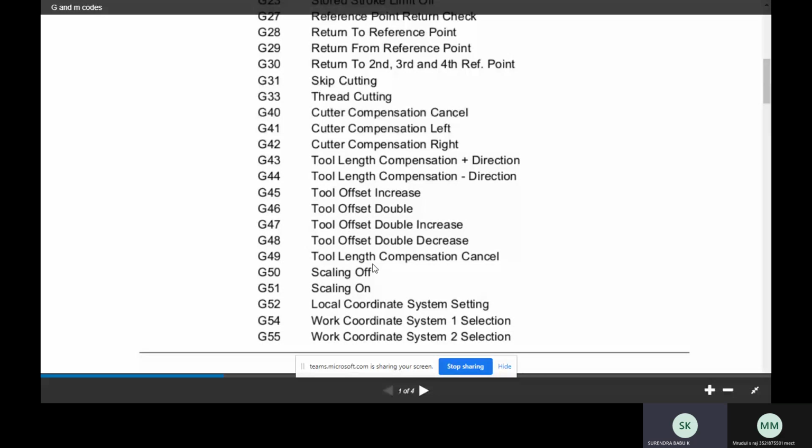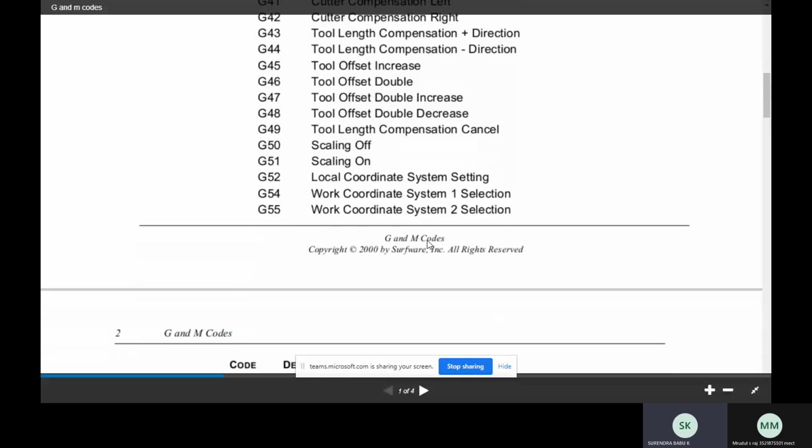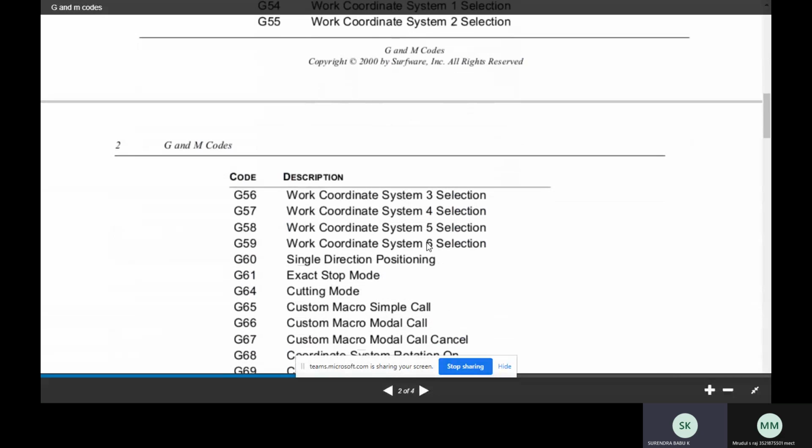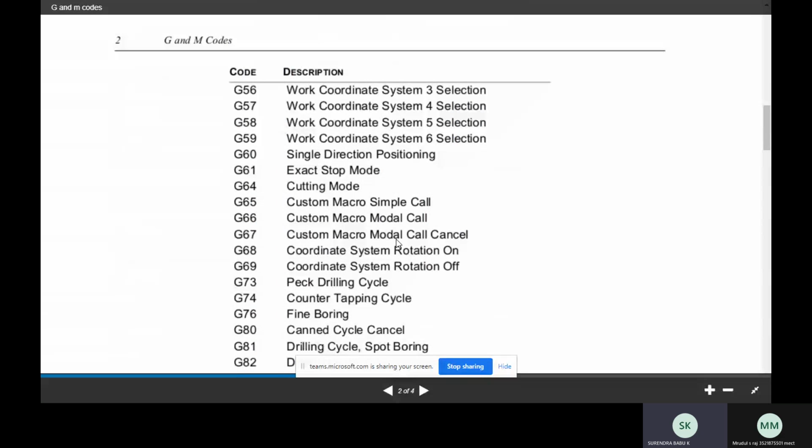and G48 tool offset double decrease, and G49 tool length compensation cancel, and G50 scaling off, and G51 scaling on, and G52 local coordinate system, and G54 work coordinate system, G55 work coordinate system 1 and 2 selection. You have to know this and keep it in mind, but it will not be written in this. And G56 third selection, G57 fourth selection, G58 fifth selection, G59 sixth selection, and G60 single, and G61 exact stop mode, G64 cutting mode, and G65 macro simple call, that is custom, G66 macro model call, and G67 macro model